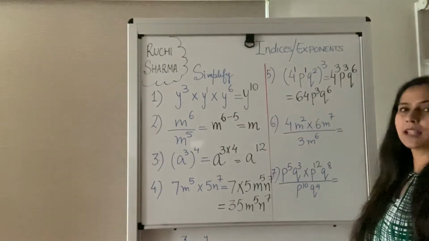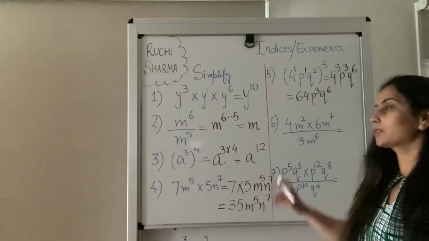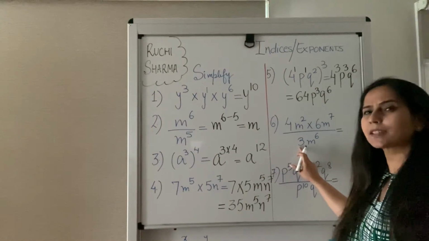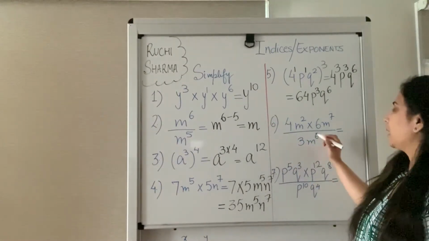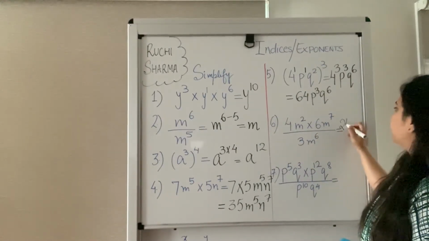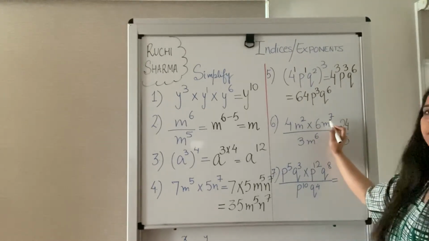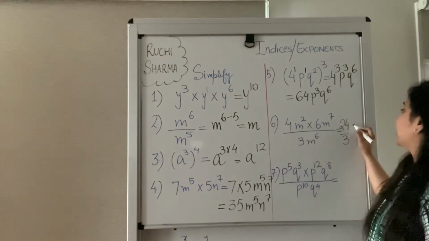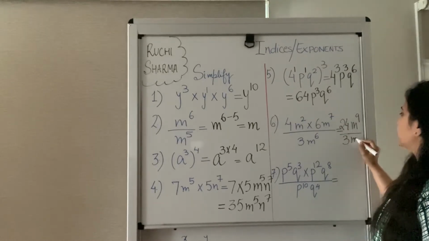Come to question 6 now. Similar type. Just as you solve another fraction. So this is actually 4 times 6 divided by 3. Consider them just as numbers because this is multiplication and division in between. So one way is you go top to top and you multiply that and you write this as 24 over 3, and then you add the powers because this is m squared multiplied by m to the power 7. So you can actually write it as m to the power 9 and keep m to the power 6 in